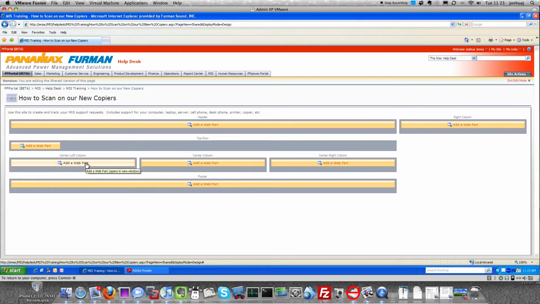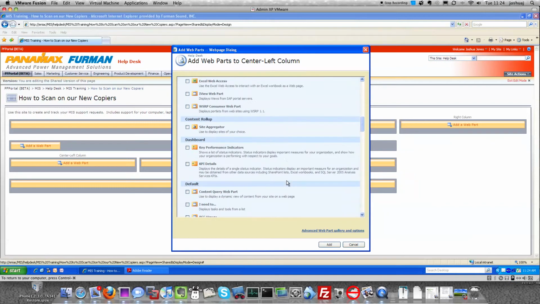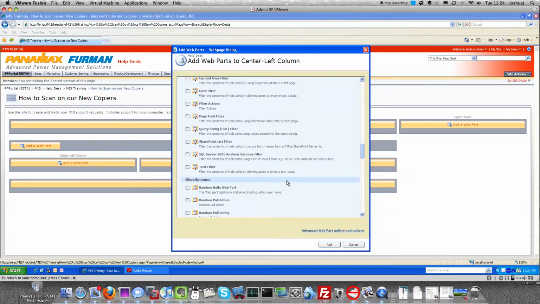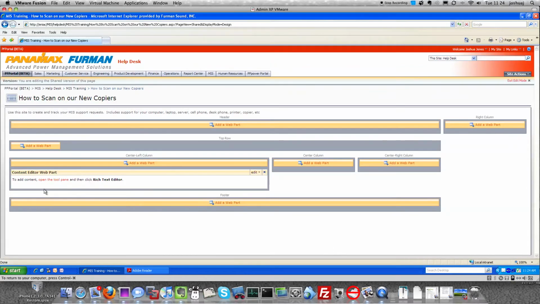I'm going to add our first one to the left column here, and you want to scroll down to something called the Content Editor Web Part. Now sometimes finding these can be a little difficult. You can also click Advanced Web Part Gallery here and do a search. But since I've gone ahead and done it, I'm going to move forward, click Add,